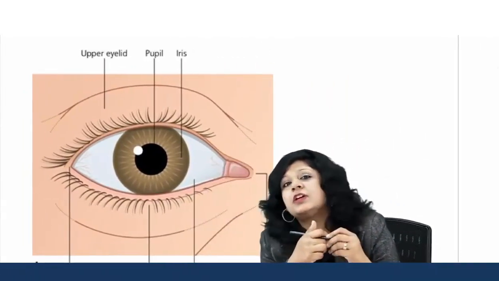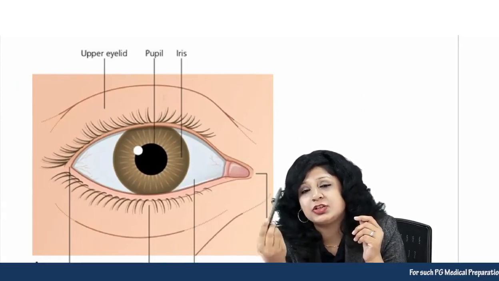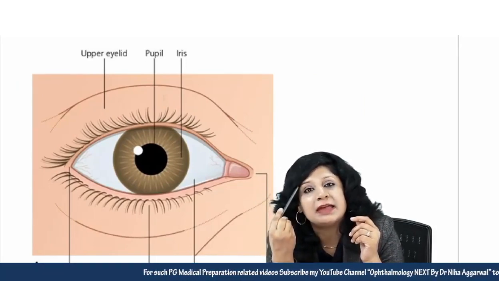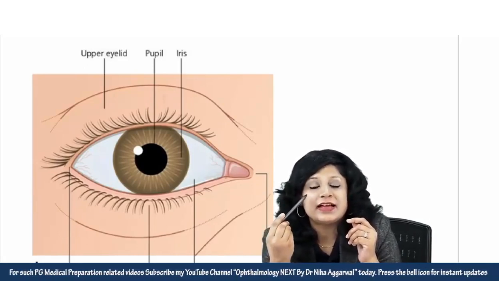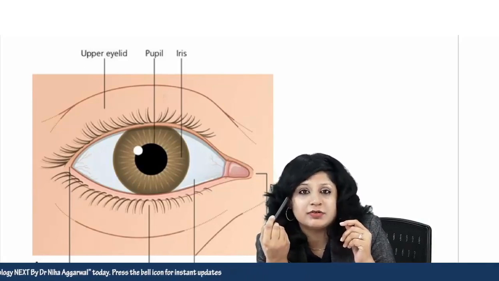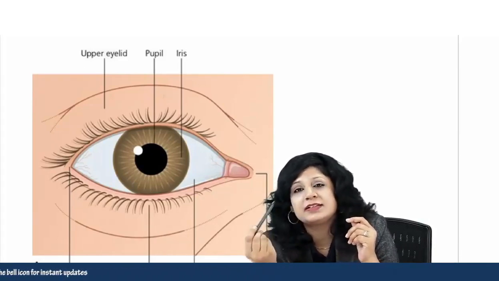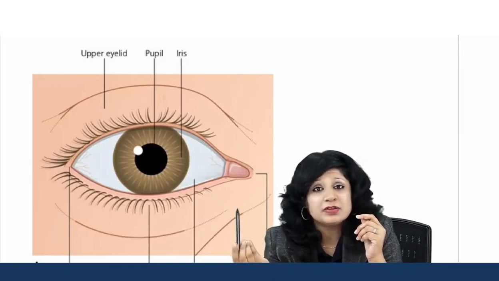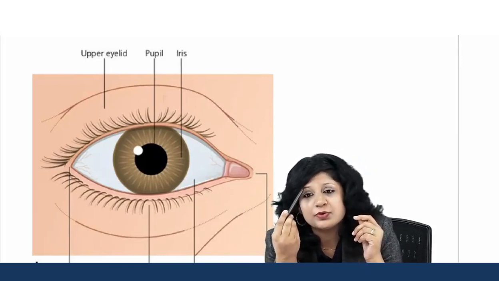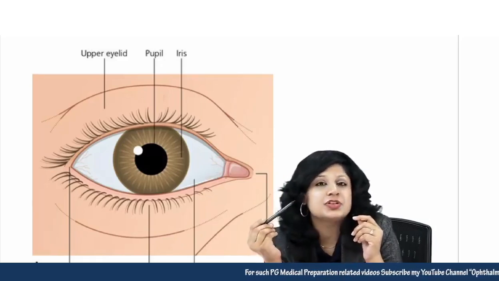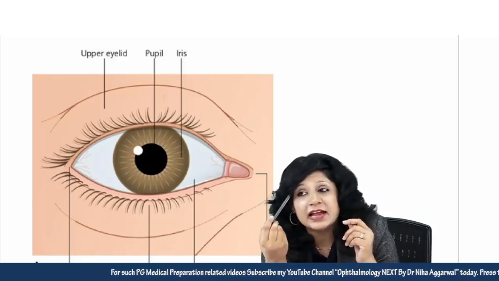Let's see what areas of abnormality you are going to get. Always when you start the diffuse examination, you have to start from the eyebrows itself. Don't think that to test the anterior segment you have to directly look at the cornea. All this will also be examined, because even the lacerations and abrasions of the lids are sutured by us also. So start with the eyebrows. Look at the upper lid, look at the lower lid, look at the eyelashes. There are so many abnormalities. Look at the eyelid margins also.